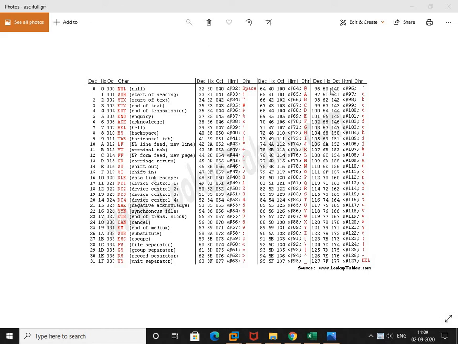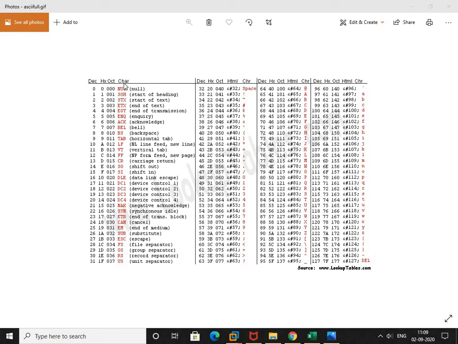Here I have displayed the ASCII hex table. In this table, if you observe it properly, the first column is for decimal values, the second column is for equivalent hex values, the third column is equivalent octal values, and the fourth column, which has been represented in red color, has the characters present on our keyboard.